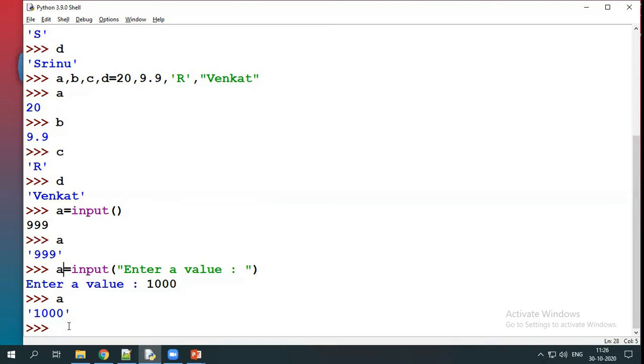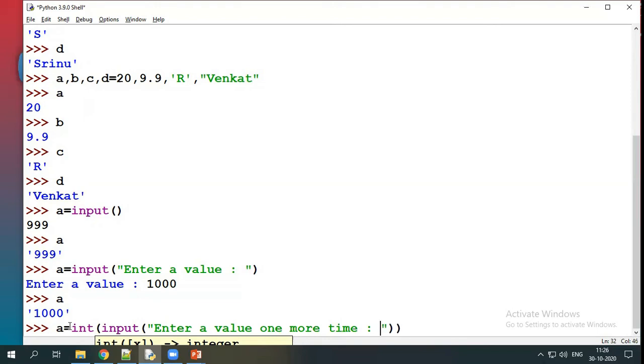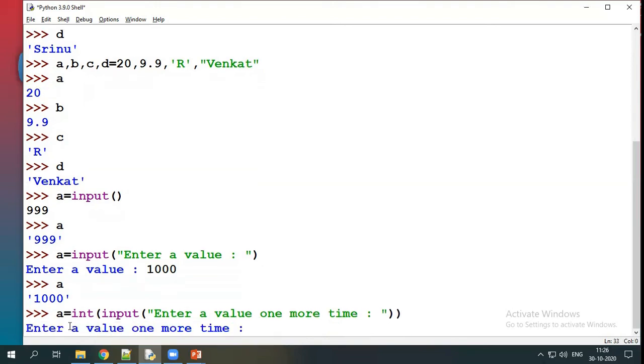How can I read it? So let us read. a is equal to int of input, so we give some message, enter a value, one more time. Now look at the input value.